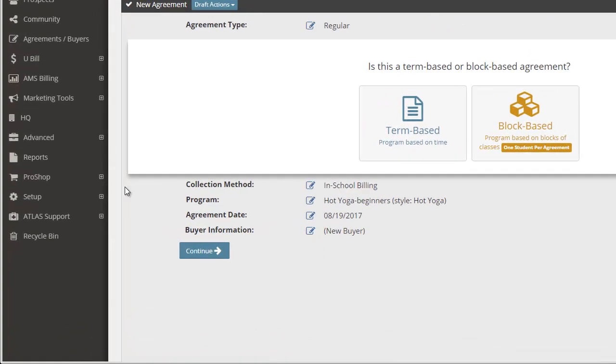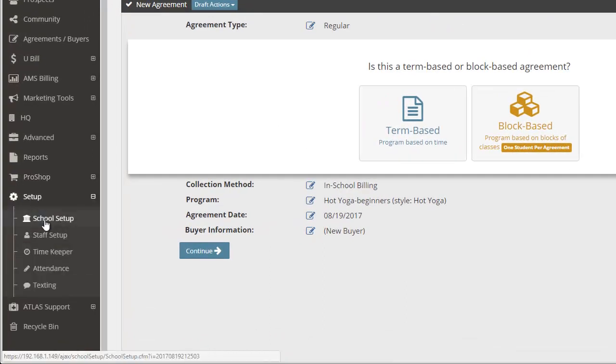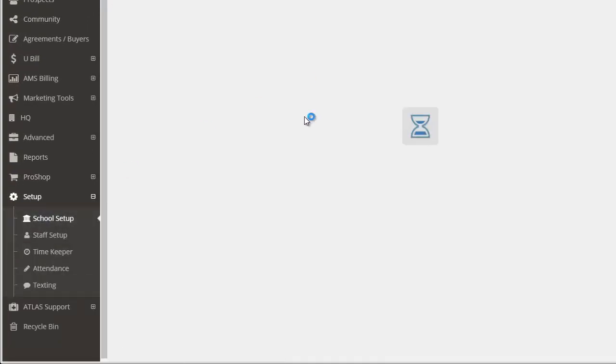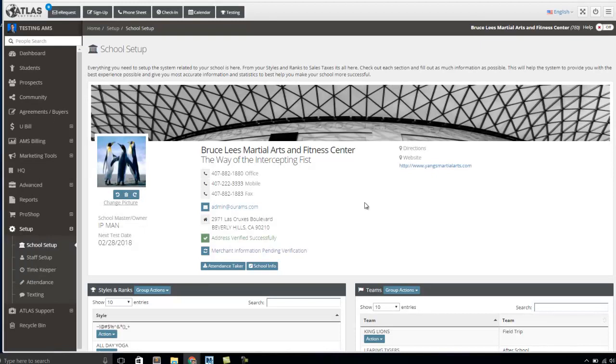Now, when you're setting up your block-based classes inside your school setup, this is important. If I go over here to the school setup area, this is where I set up my initial ranks, programs, styles, and classes inside of the Atlas Martial Arts software system. For block billing, this is particularly important. For example, you may have a student who is taking a block-based billing program, but also a course-based billing program.